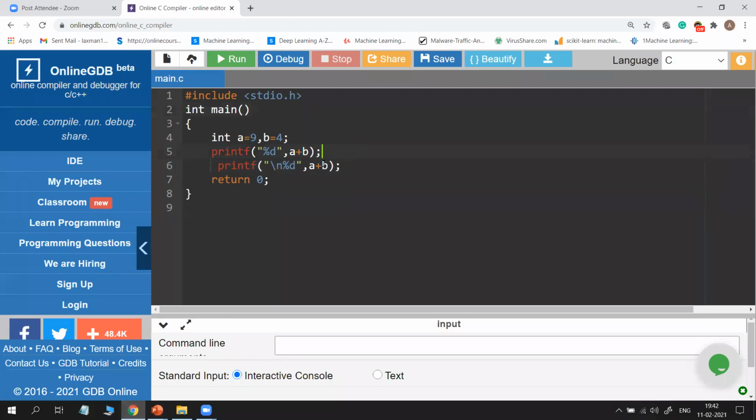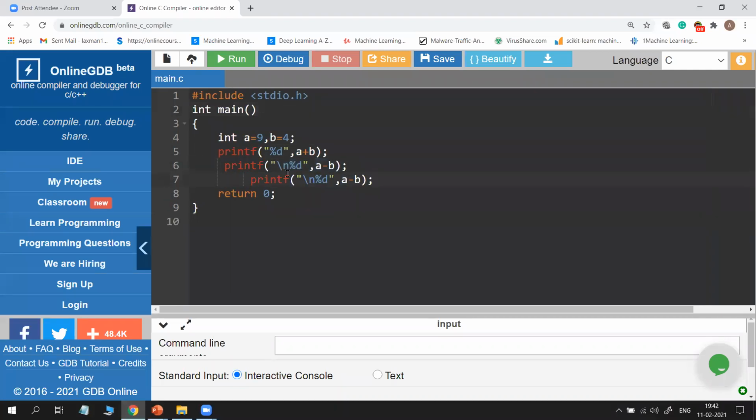Why am I using \n? To get the output on the next line. Similarly, a minus b, a into b, next a by b, and next a mod b.